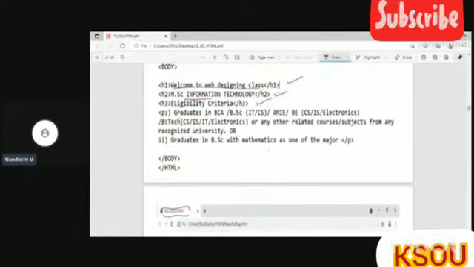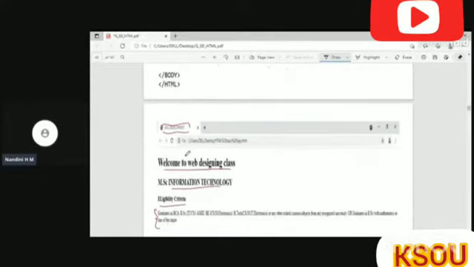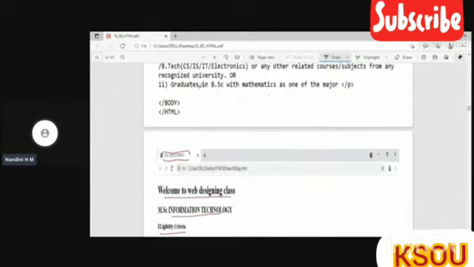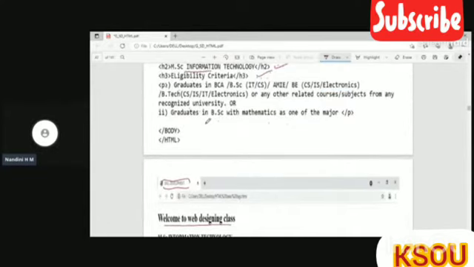You can see here, I have not used any break. I have just written certain text. Even though the text is on the next line in your editor, in the web page it is in continuous form, right? In order to avoid this, we have to use breaks in between.